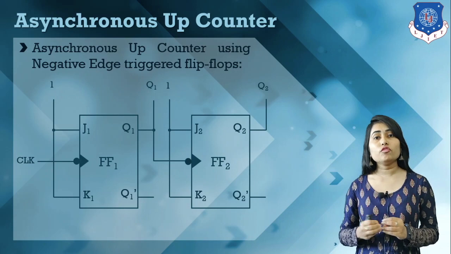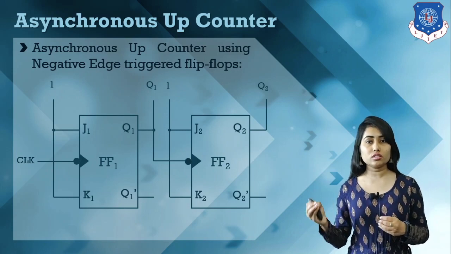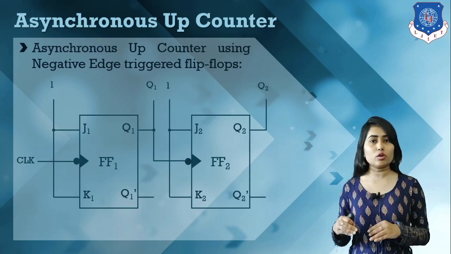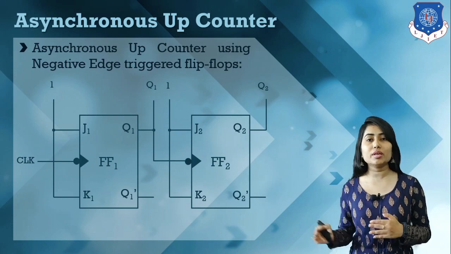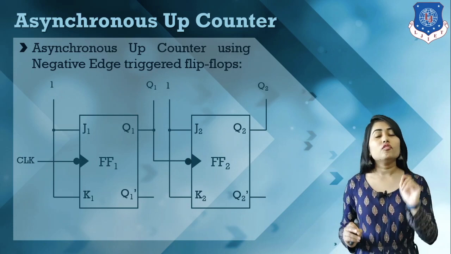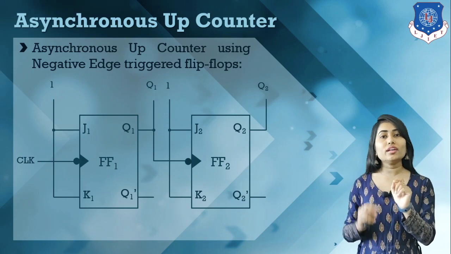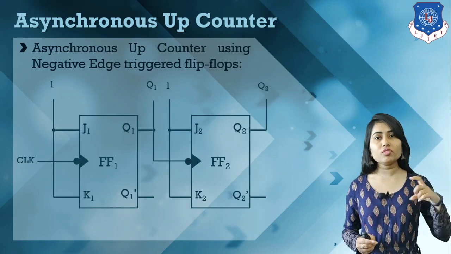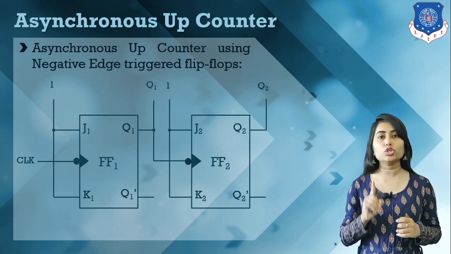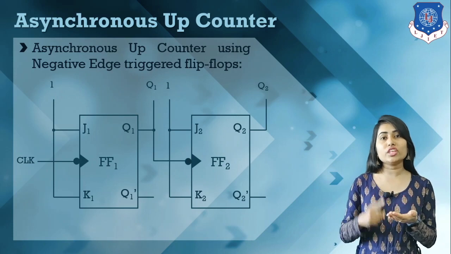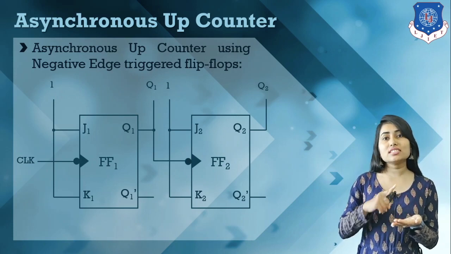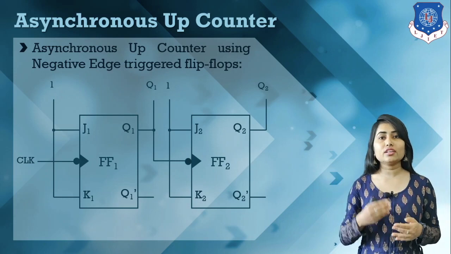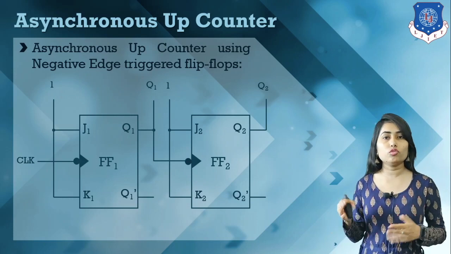In the second flip-flop we use the output of the first flip-flop, that is Q1. If we connect Q1 dash, how will this circuit work? It basically counts in the downward direction. How it counts will be discussed in the next session. But remember, whenever we connect Q1 to negative edge trigger flip-flops, it counts in the upward direction. So whenever we want to count upward, we use negative edge trigger flip-flops with output Q1 as the clock for the second, and if we have further flip-flops, we use Q2, then Q3, Q4 the same way.